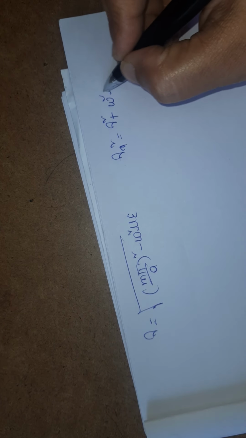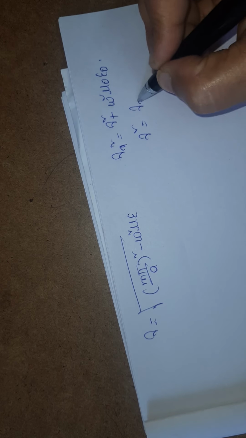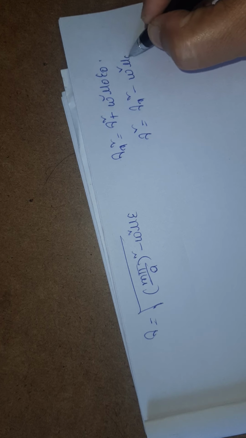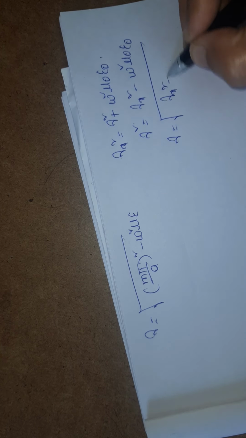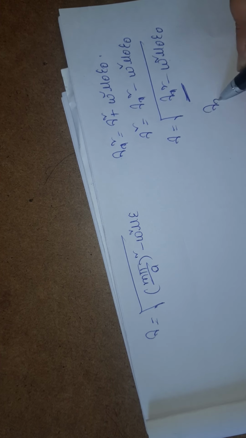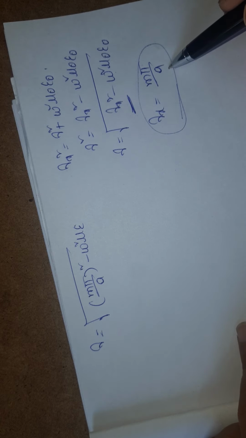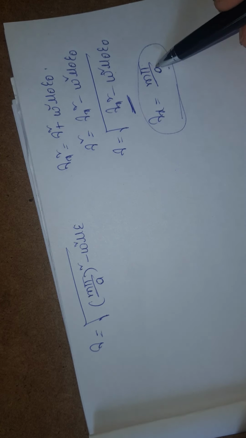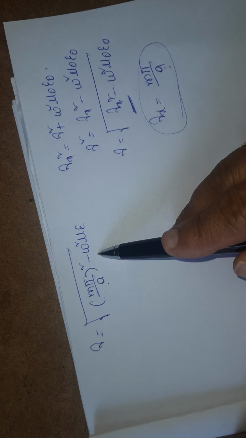Already we know that gamma x square is equal to gamma square plus omega square mu naught epsilon naught, right? So gamma square is equal to gamma x square minus omega square mu naught epsilon naught. So gamma is equal to under root of gamma x square minus omega square mu naught epsilon naught. Here I got gamma x as m pi by a. How I am getting this gamma x as m pi by a, we are going to see now. So here I just substitute m pi by a, and I got this equation.